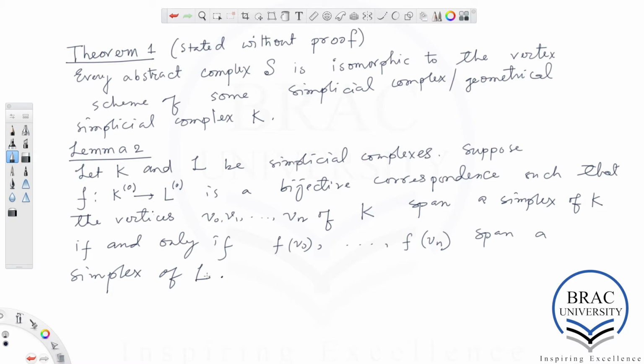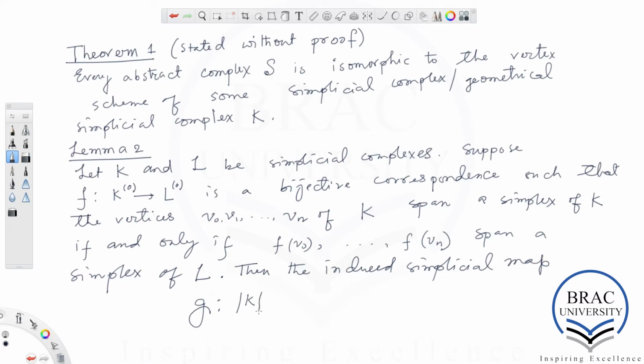So this is the setup. If this is the case, then the induced simplicial maps. So we'll define it in a moment. What is a simplicial map? Then the induced simplicial map G between the